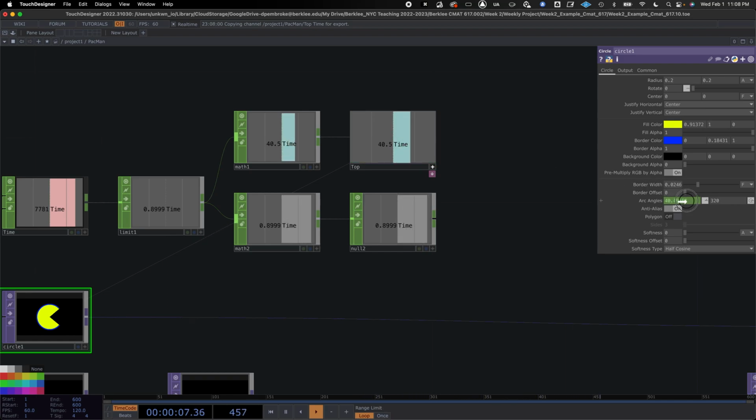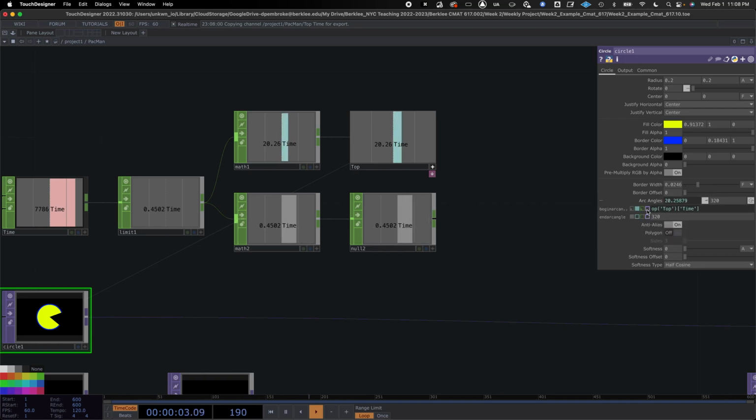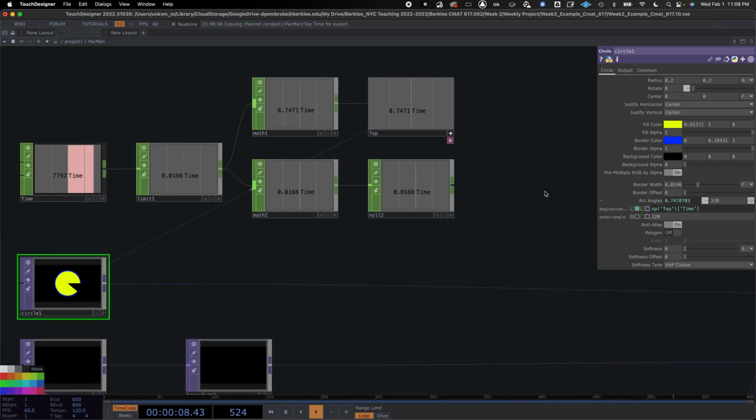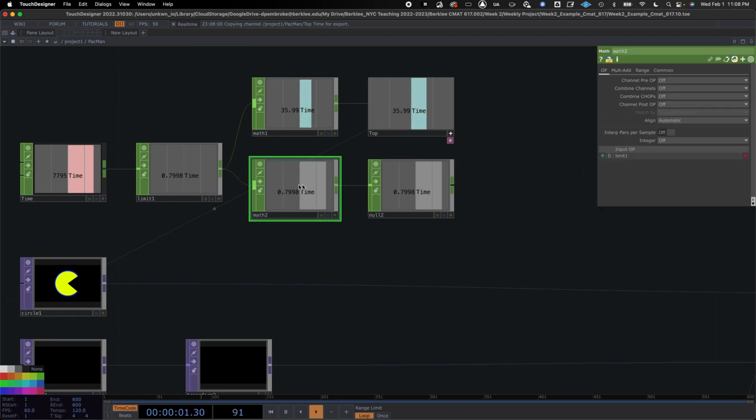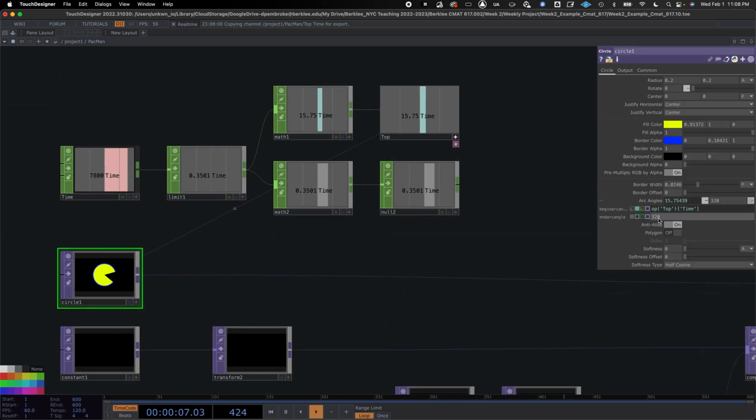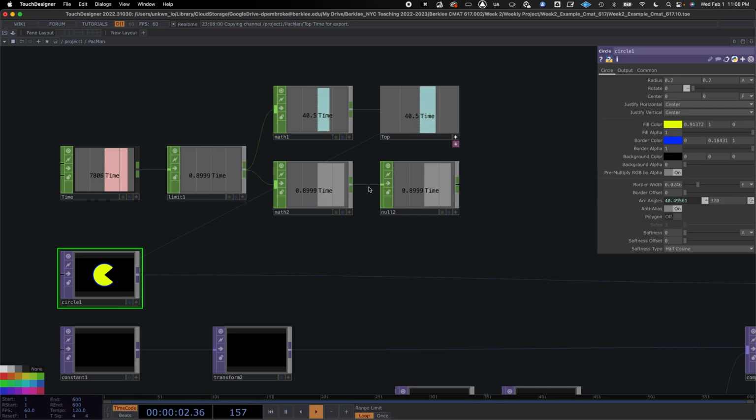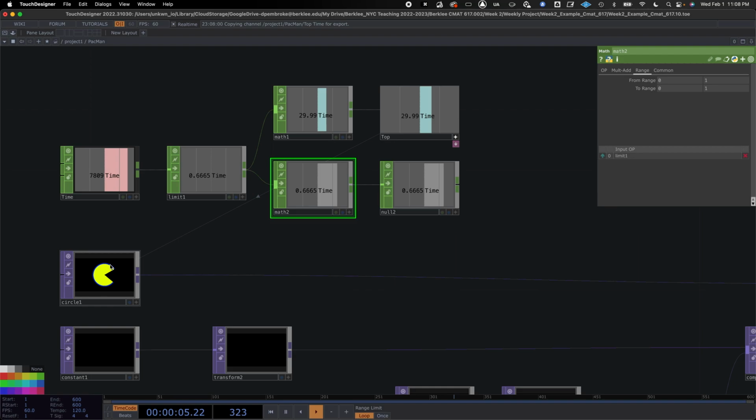So I'm going to do the same thing again, and I'm going to do chop reference, and this is basically giving me my operator, my top, my time, and other things. And you're going to see in a second why I'm going to do this, right? So now we're going to go to our second section, and we're going to go to our range of this math. And what did we say before? This circle was going from 0 to 45, and this is now 320. So in Mathland, we know that we want this to go the opposite way, right? So instead of 0 to 1 to, if I went 0 to 320, and here I'll just show you. So if we go to 0 to 320,